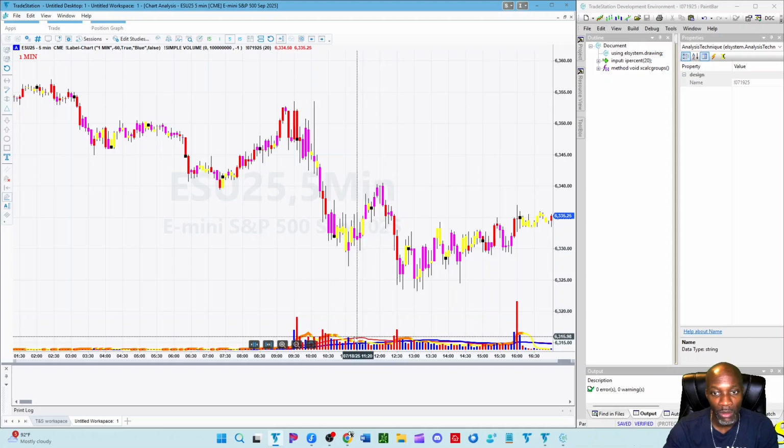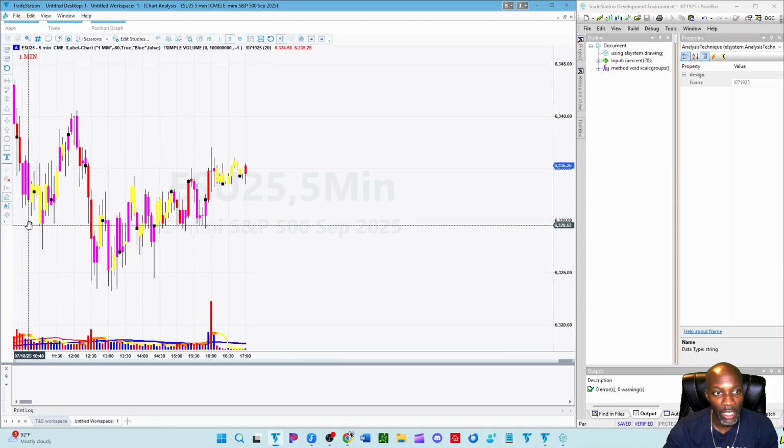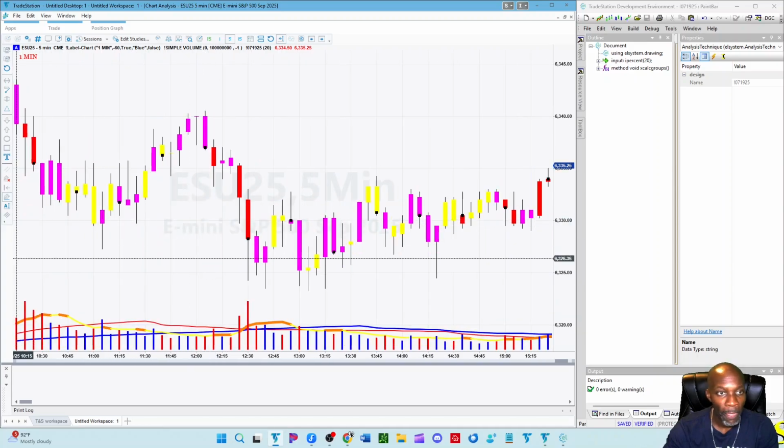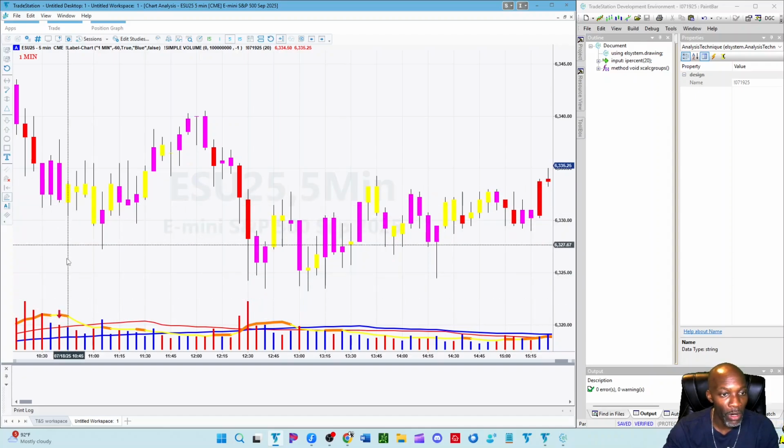I'm not seeing one right now. Look at this volume here, let's put it in context. This volume here on this bar is magenta, so that means it's mid-range. If we come over here at the same level,